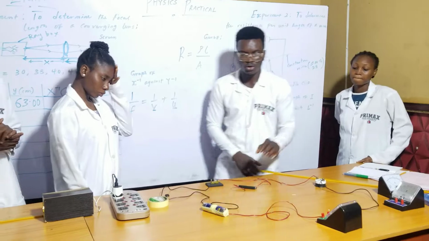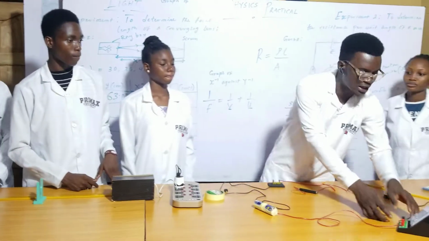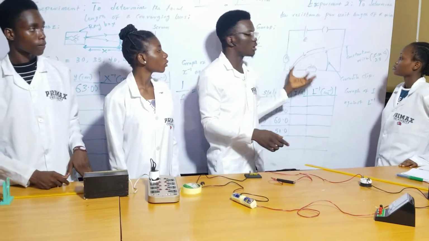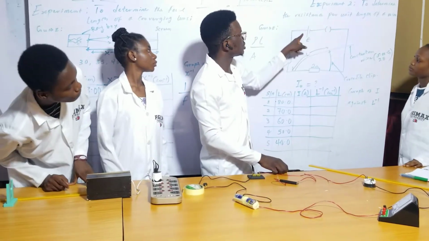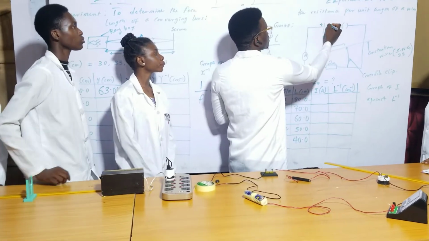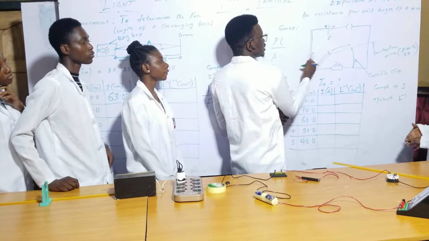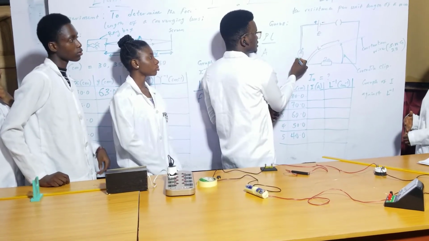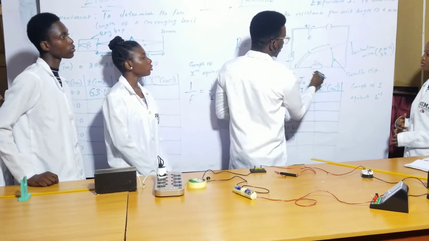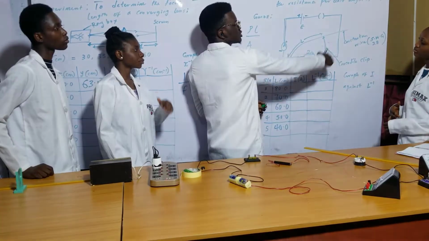Now, before we connect this Constantan wire, you can look at what you have here. This is the connection. This is the positive end of the battery, and this is the negative end. You connect the positive end to the positive end of the ammeter, while the negative end connects to the negative end of the battery. So it goes on like that.